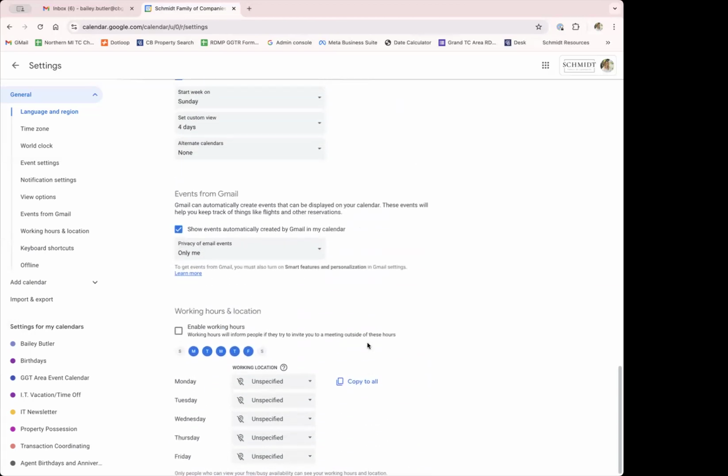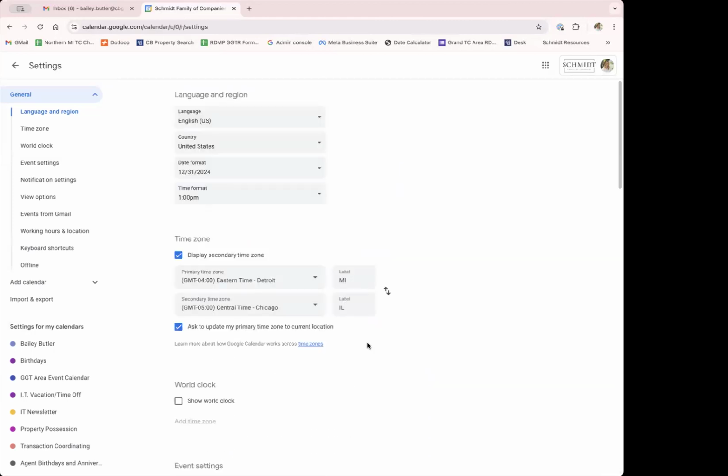So that's pretty much it for the settings. And I would recommend, if you are interested in seeing what personalization you can do, to just get in here and poke around a little bit and see how you might want yours to be set up. I'm going to go ahead and click this left-hand arrow at the top and go back to our main